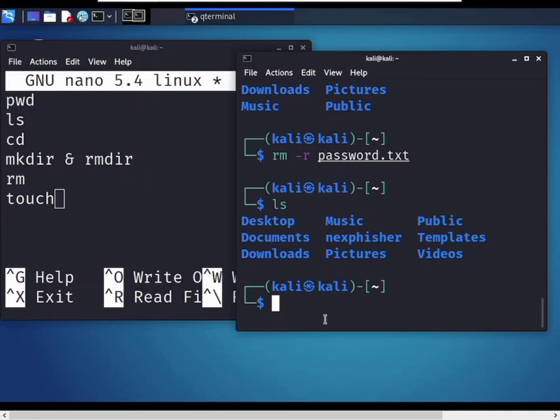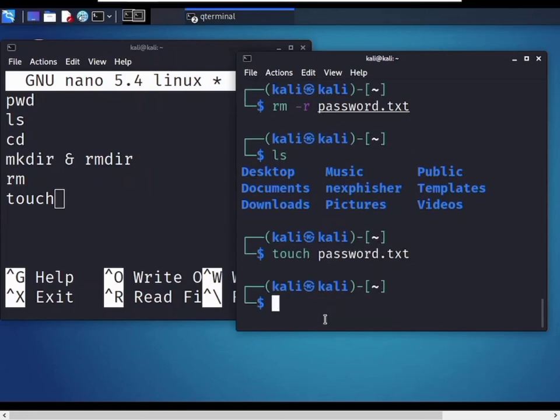So now use the touch command to create a file. Password.txt. Use the touch command. So now hit enter, and it's created.